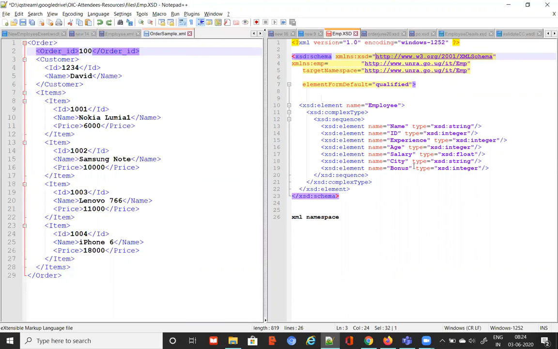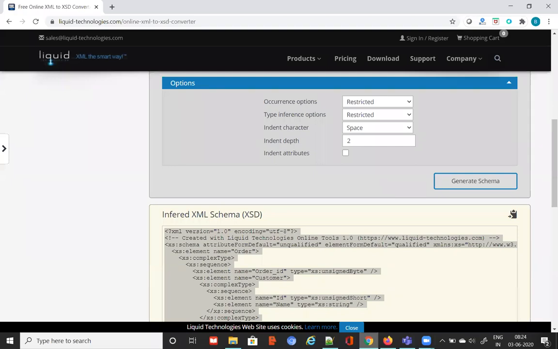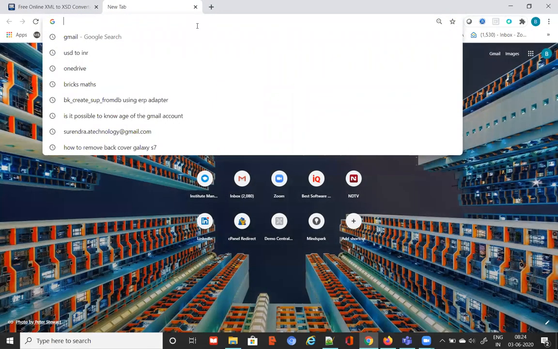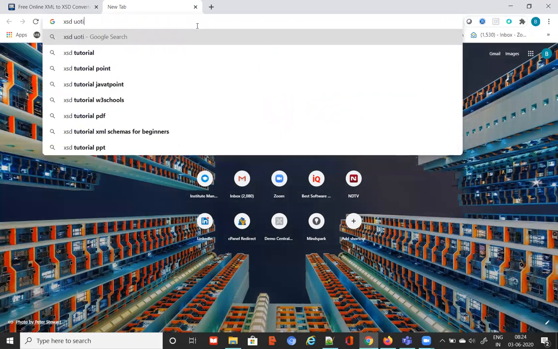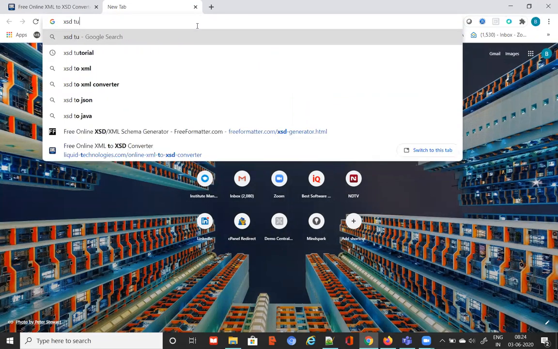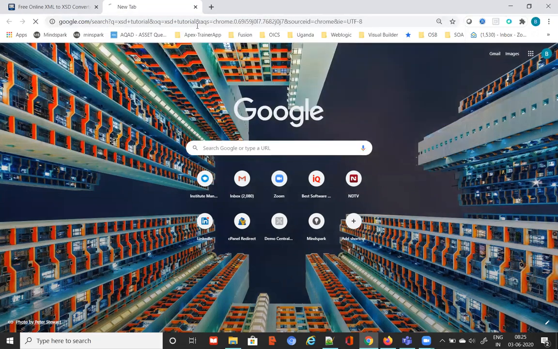For example, if you hadn't had this session today and opened any XML schema, everything would be new for you, right? Even though it is simple to understand, unless you go and learn, how will you understand it? So that is the reason we are making sure that you are familiar with it. If you really are curious and interested to learn XSD in depth, you can go to any tutorial, like the W3Schools tutorial, which is a good one, because we don't want to spend too much time on XSD. You can go there and spend 1 hour, not more than that. 1 hour should be more than enough.